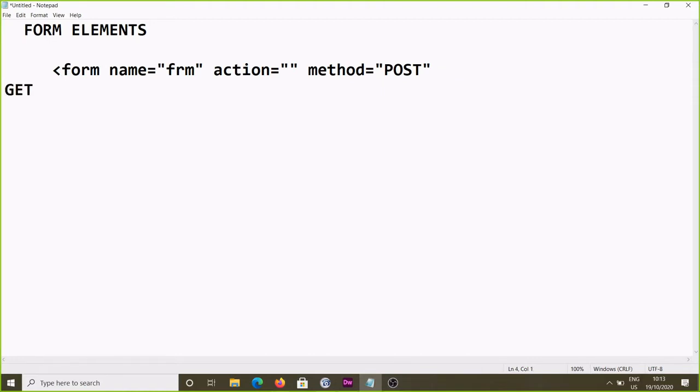Another thing, if somebody wants to use it again, they can bookmark all of your information whenever you are passing the information with the help of the get method. Another thing, whenever you are passing the value with the help of the get method, that value will be stored in the local system also, under the cookies. I think you have heard about cookies, right?